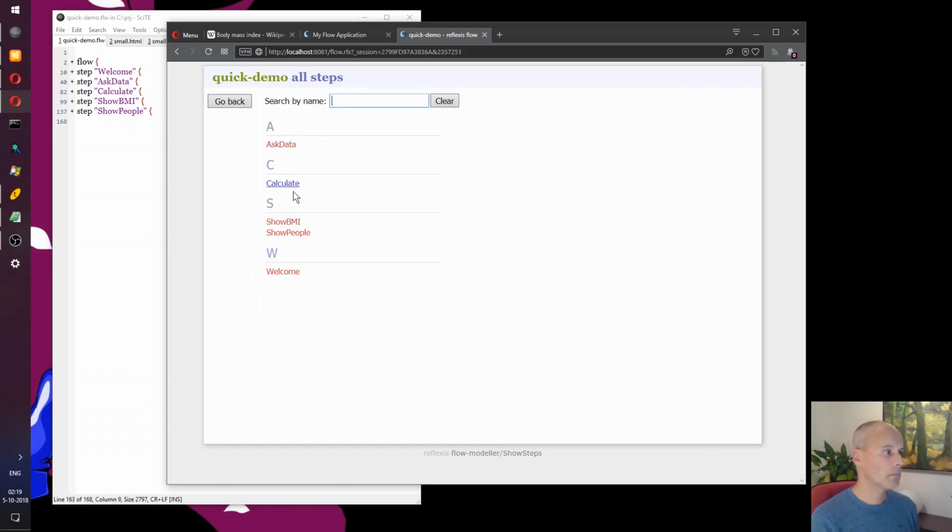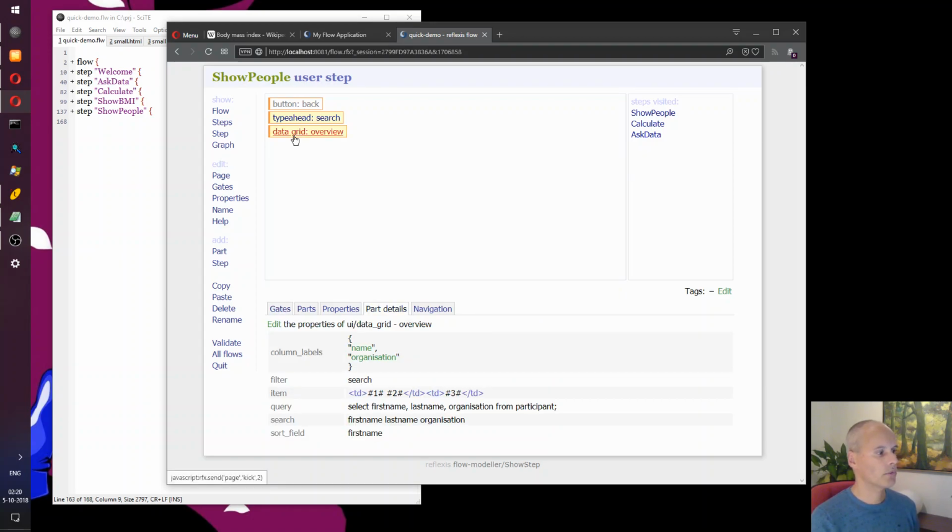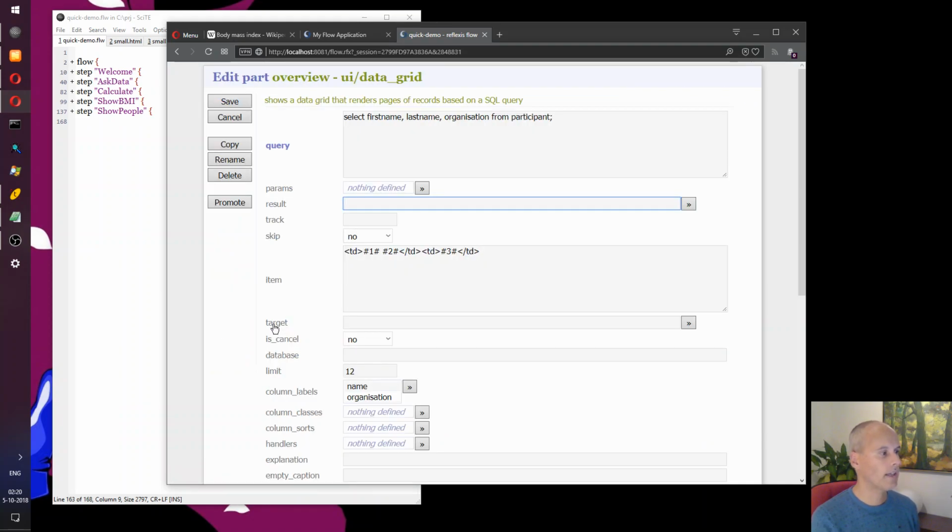For instance, if we go back to the show people step, here's the data grid that I was struggling with. Here are the properties that I set. But if I did not know about any of these properties, I could have simply said, edit them.